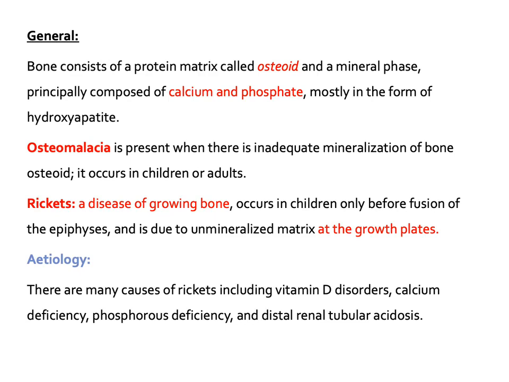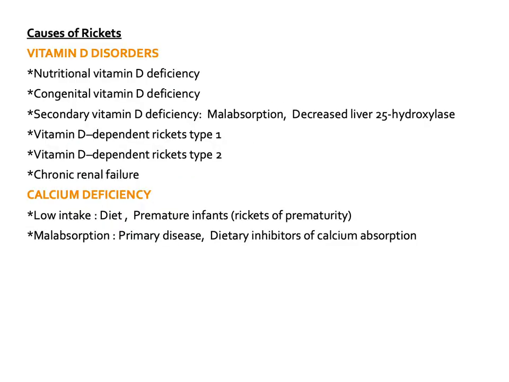Regarding the etiology, there are many causes of rickets, including vitamin D disorders, calcium deficiency, phosphorus deficiency, and distal renal tubular acidosis. We will come across some of these causes. About vitamin D disorders, the most common is nutritional vitamin D deficiency. There is another entity called congenital vitamin D deficiency. There are forms of secondary vitamin D deficiency in cases of malabsorption, celiac disease, Crohn's disease, and other